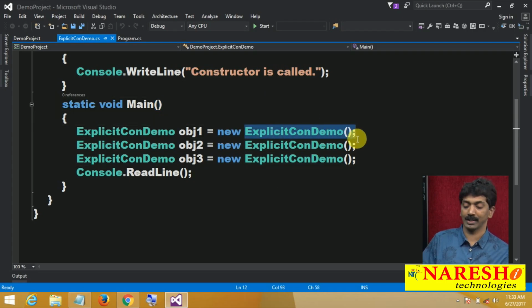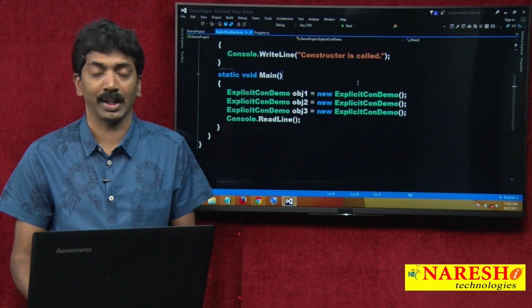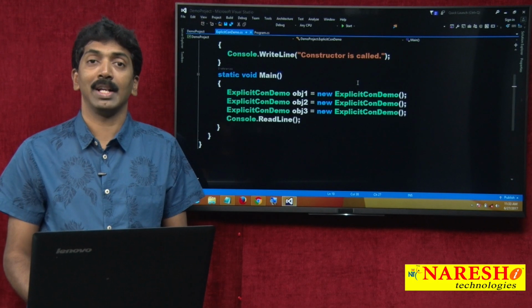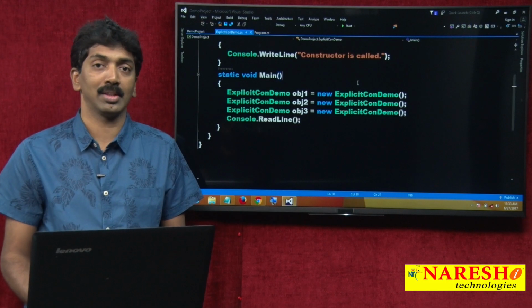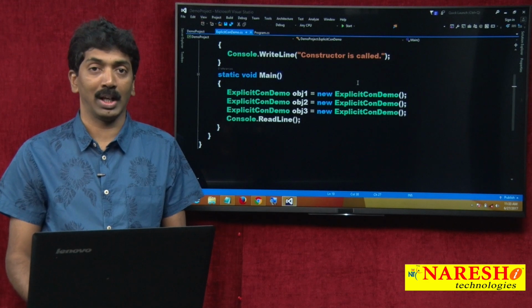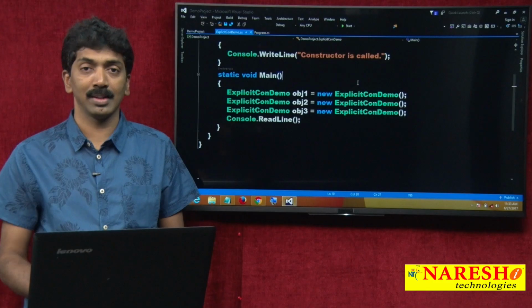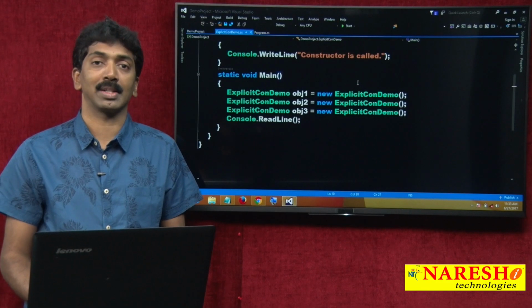This is a call to the constructor. So this is our class name, but this is not the class name, this is a constructor. So we are calling the constructor explicitly. Compulsorily, every class requires a constructor to create the instance. If a constructor is not there, an instance cannot be created. So programmers are responsible for defining constructors in their classes, and if a programmer does not define a constructor in the class, on behalf of the programmer, an implicit constructor will be defined into the class by the compiler. With the help of that implicit constructor we can create instances, and those implicit constructors are public constructors.